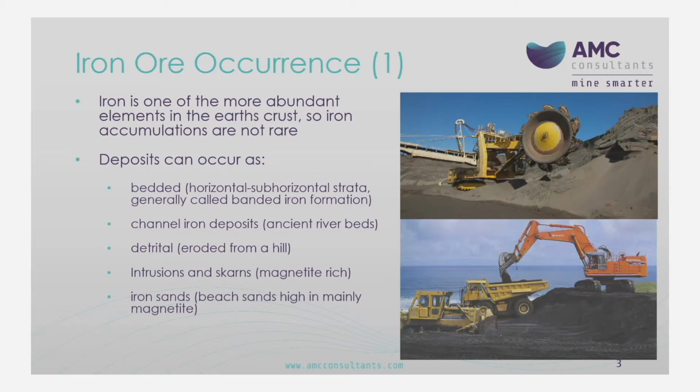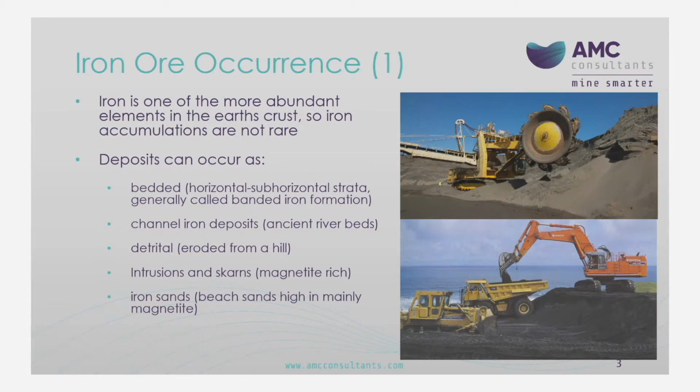So, iron ore can occur in many different places. The two pictures you see on the screen there are mining iron beach sands. So this is detrital iron that's washed up on the shore. Lots of those iron ore deposits are mined quite dramatically. They're mainly magnetite. You get intrusions that concentrate iron in skarns, and so they're mined by open pit or sometimes